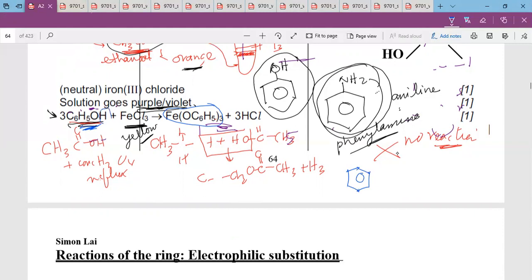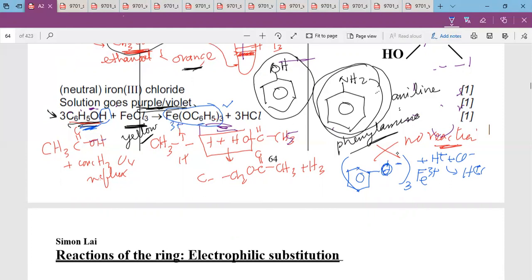The H comes out as H plus, and you get your phenoxide ion, O minus. Then the H plus goes with your Cl minus to give you HCl. Of course, with the Fe3 plus here, you need 3 of them to complete the balancing. So it's Fe, with 3 plus and 1 minus each, so it's